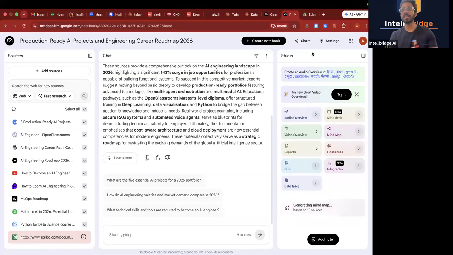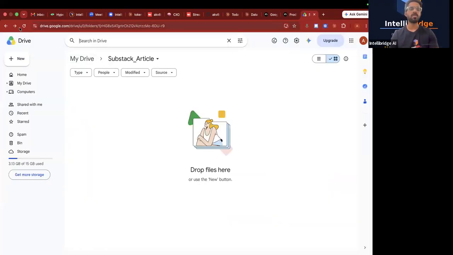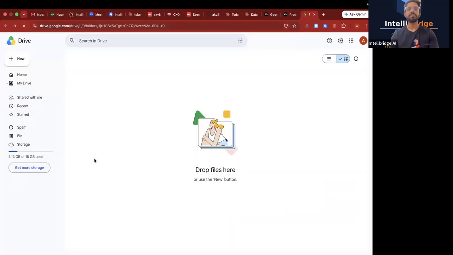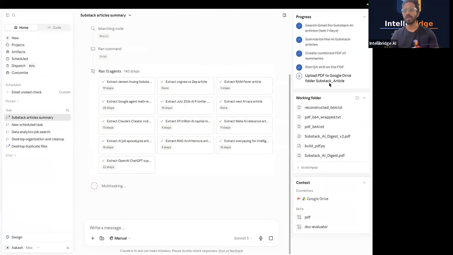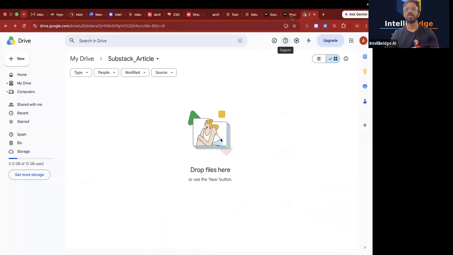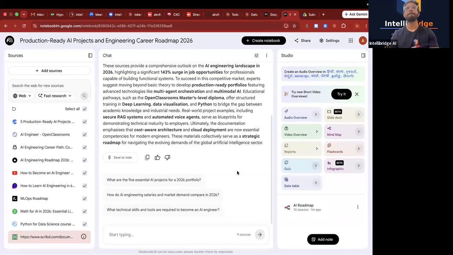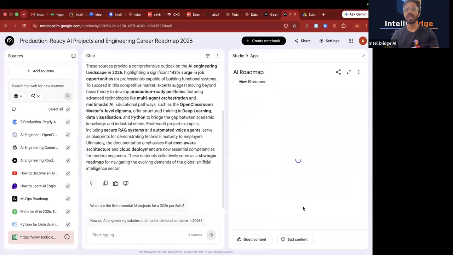Okay, so you see, it's generating a mind map. Now, till the time it's creating, let's come back to Substack. What happened? Okay, still it's working. Upload PDF to Google Drive. So it's the folder structure article and it's working. So it's maybe a long PDF. That's why it's taking some time. So, okay, let's be here itself. Now you understood, right? My mind map is ready. Now, if I click on it,